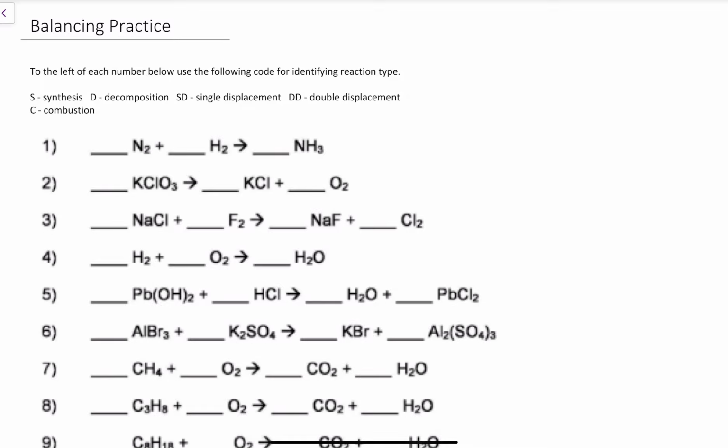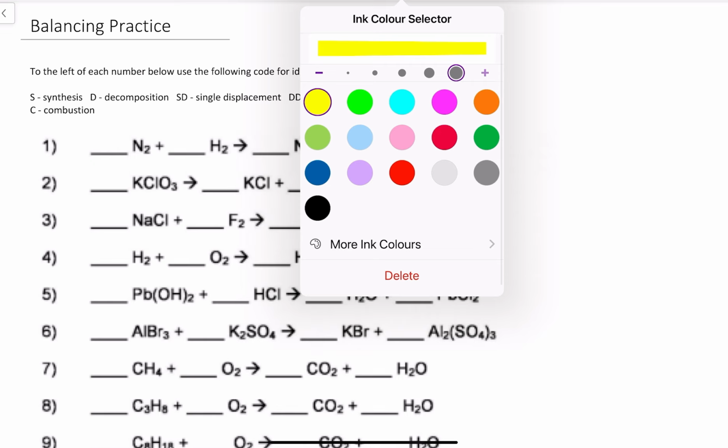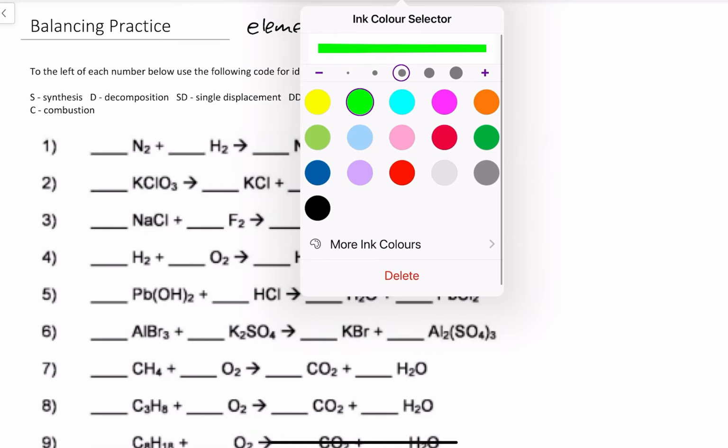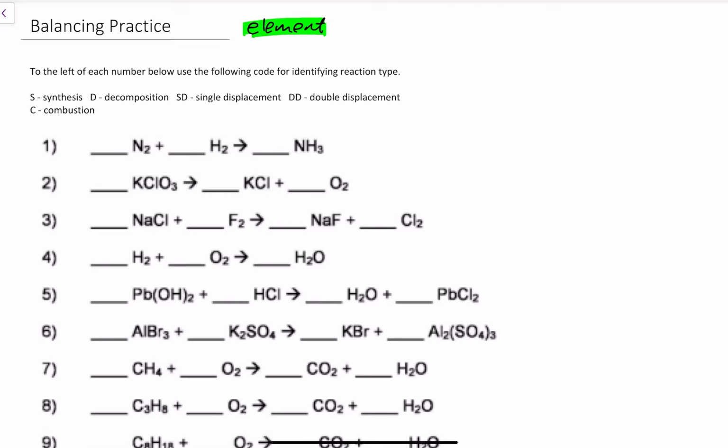So here in the first one, we have nitrogen. Now, what I'm going to do is a bit of a code here. If it's an element, I'm going to circle it green. I didn't ask you to do this, but it's just a good idea because it helps us see things. You don't have to use green. Use whatever you want. If we have N2, nitrogen there by itself,